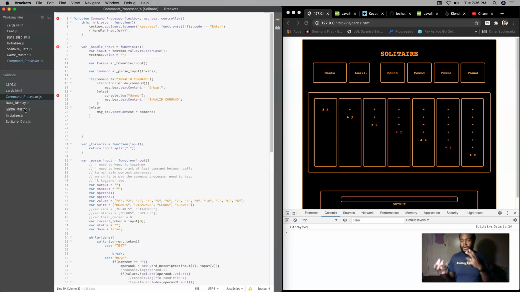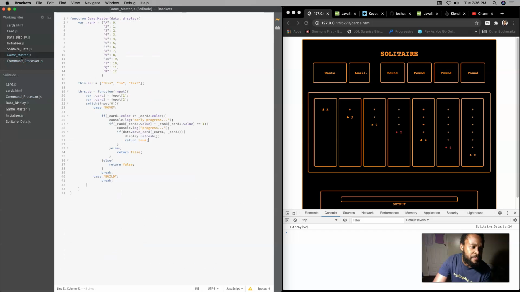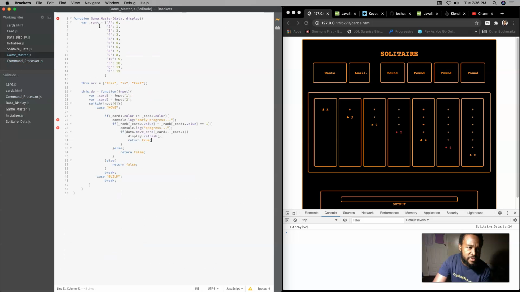If it's model view controller, then Game Master is kind of the controller. You can send it out to the controller's do method, and then the controller, which is of the class Game Master,